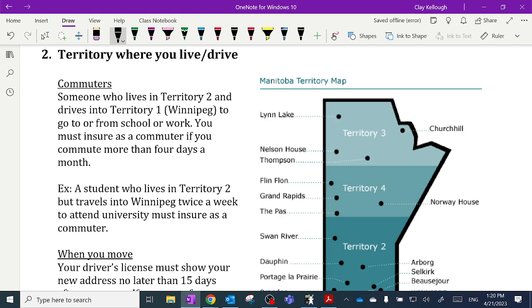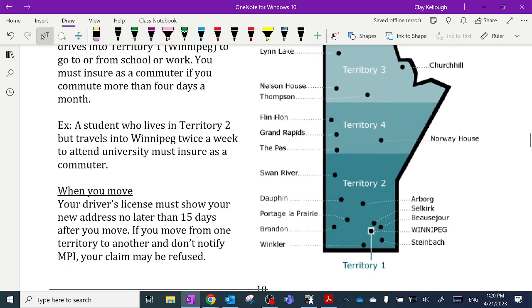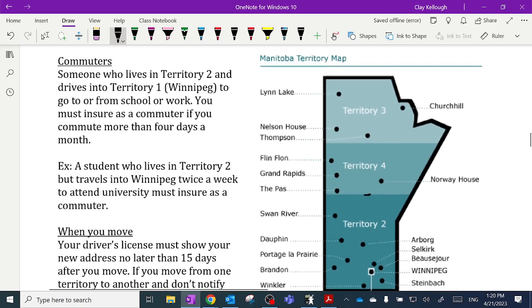Well, because they're moving the dots around to show that there are actually 4 territories here. The 4 territories are, if you live in the city of Winnipeg, that's Territory 1. We are our own territory here. All of the smaller cities in the southern half or southern third of the province, up to about Winnipegosis or so, everything south of that, that's all Territory 2. And then Territory 3 is the north, and to get to these communities, you have